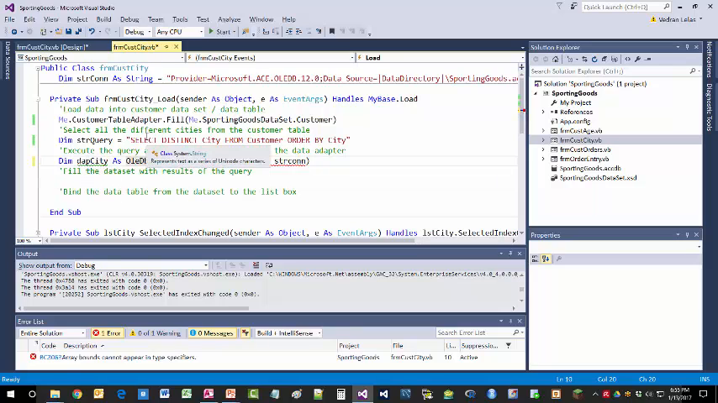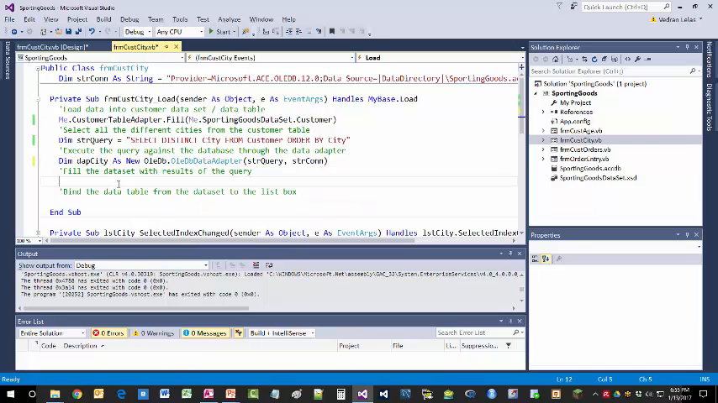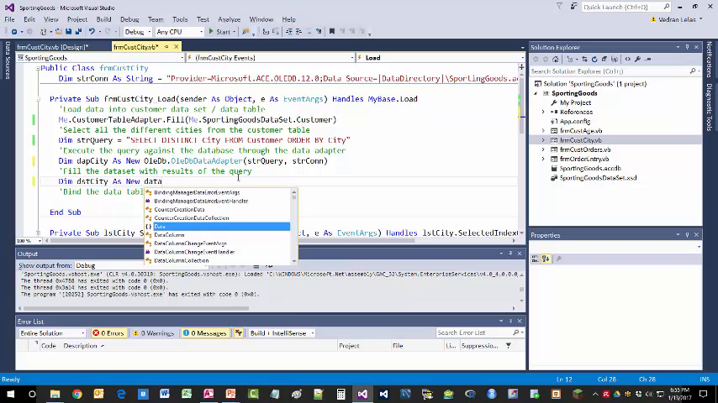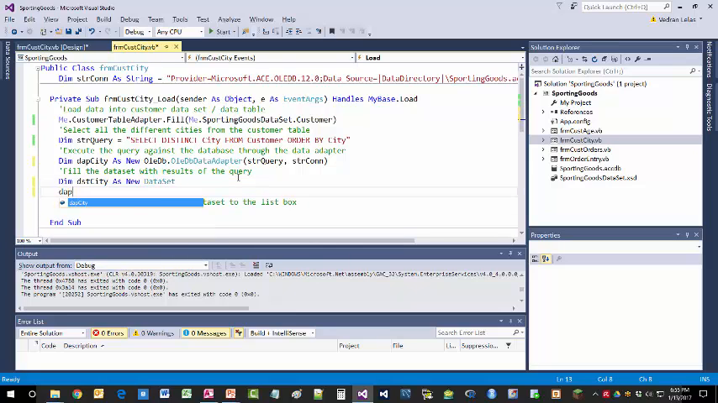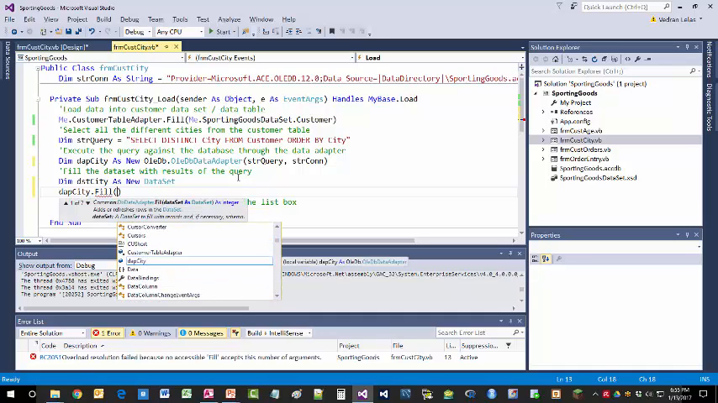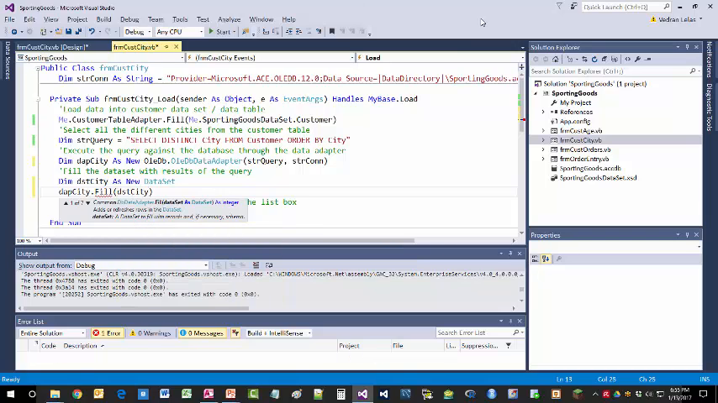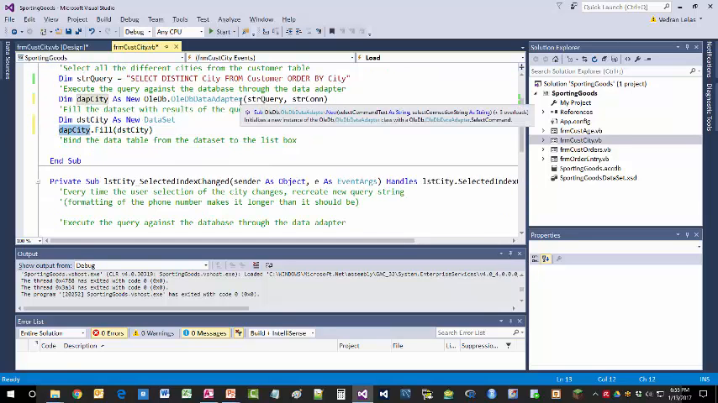Oh, I'm missing the word new, right? Okay, so then what we'll do, we'll fill the data set with the results of the query just like we did before. We're going to dim DST city as new data set, and then we're going to use the app city adapter and its fill method to fill it with the results from the distinct city query I just showed you. So